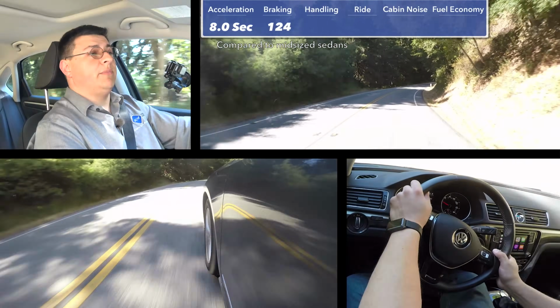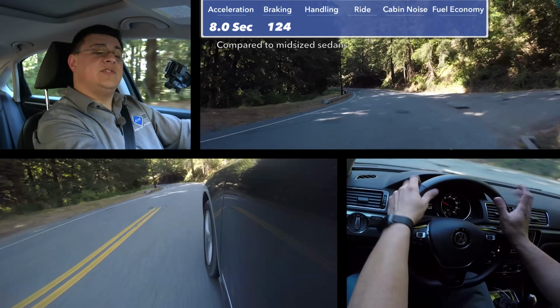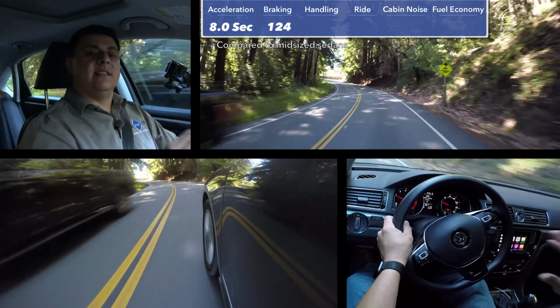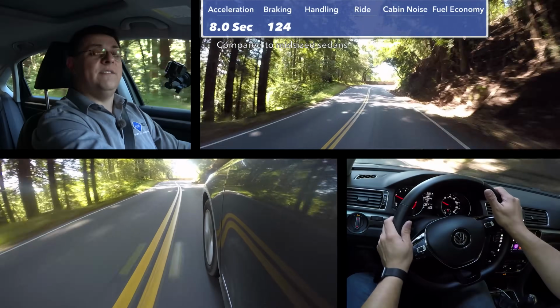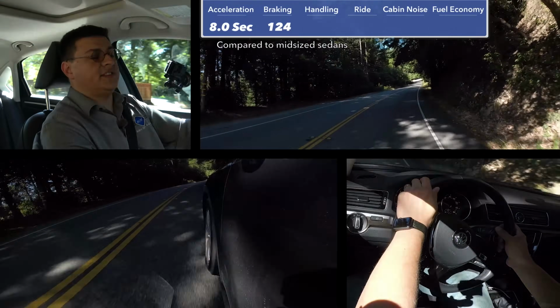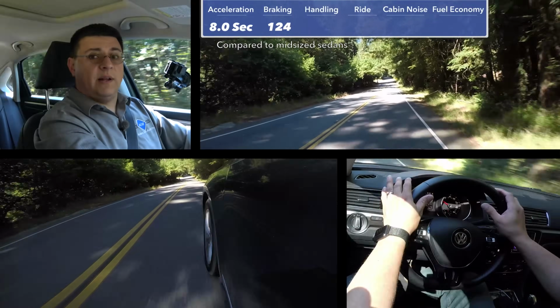In our 60 to 0 braking test, this model took 124 feet to stop. That's just about the same as a mid-level Honda Accord. It's all down to the tire size. The model that we're driving has 215/55 R17 tires on it. That's a very average tire size for the mid-size American sedan category, and the Passat's weight is relatively in line